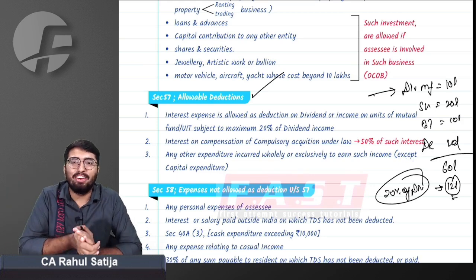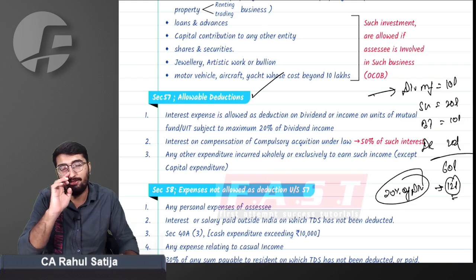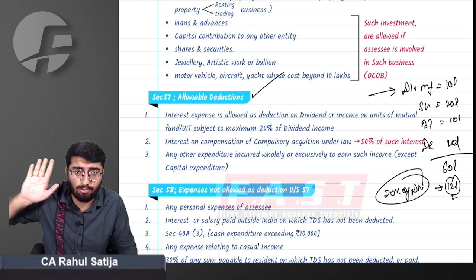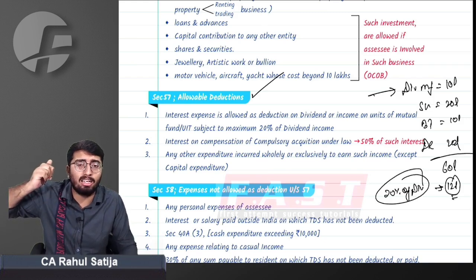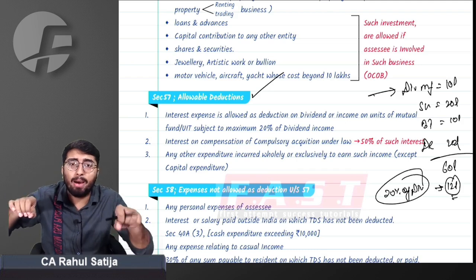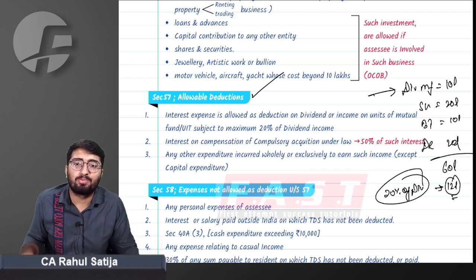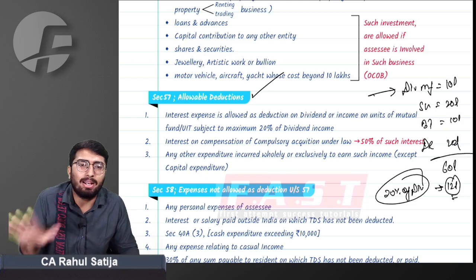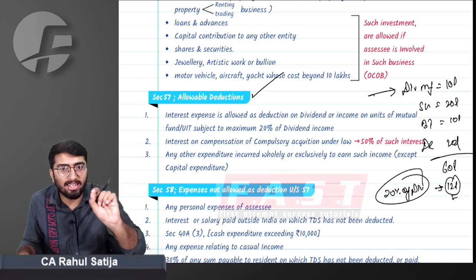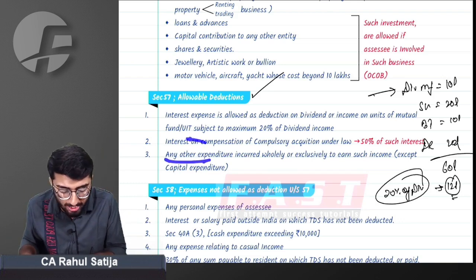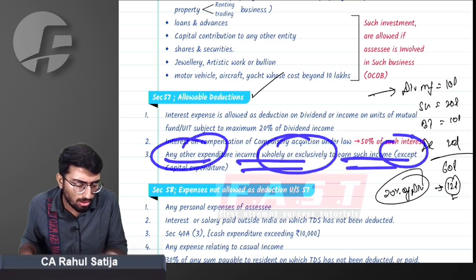For example, if my business is not renting of plant and machinery, whatever my earning from renting of plant and machinery is taxable under IFOS. But I bought a bike just to collect the rent. For that matter, will the expenditure incurred on buying the bike be allowed as deduction under section 57? Right answer is no, simply no, because that is a capital expenditure. But yes, depreciation will be allowed. If that bike is solely used for collecting rent from plant and machinery, then depreciation will be allowed. So what I am saying, any expenditure wholly or exclusively incurred to earn such income will be allowed as deduction.